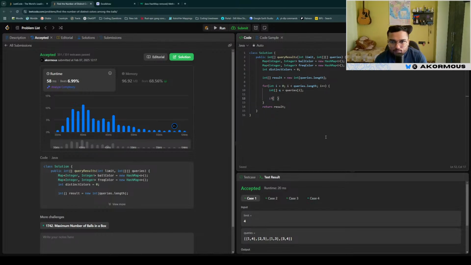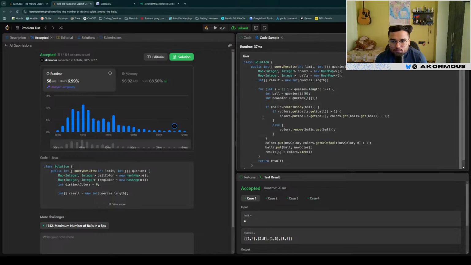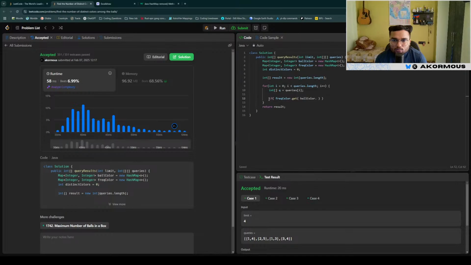If frequency color dot get, what was that? If balls dot contains key. Oh, if ball color dot contains key q0, then there is a frequency associated with it, so we remove that frequency. Frequency color dot